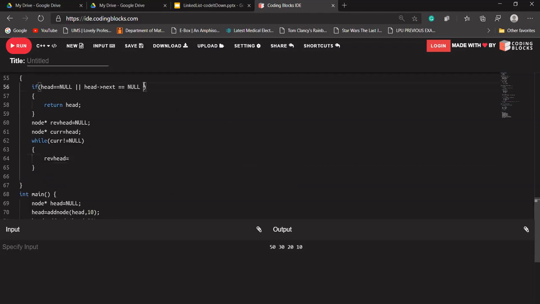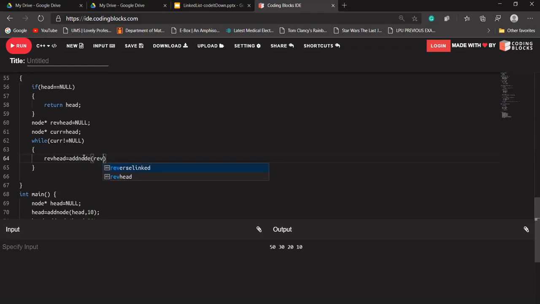Let's remove this because we have been asked to create a function that creates another linked list. If we return the address of the same linked list, both linked lists will be the same. So in this case we'll leave that condition, meaning if only one linked list is available. We'll create another, same linked list, and we'll return the address of that linked list. So reverse head should be equal to add node